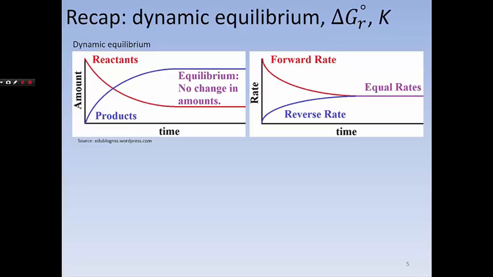The equilibrium position of any reaction, or the extent of reaction, or how far a reaction can proceed, depends on two factors. One is the standard Gibbs free energy and the other is the reaction quotient. The first factor, standard Gibbs free energy, can be calculated from tabulated figures and is therefore very straightforward. There is one thing to note, however, that the standard Gibbs free energy is the free energy at